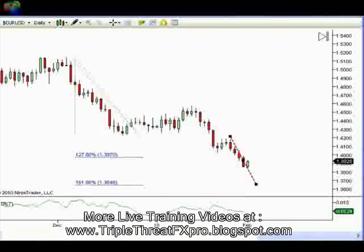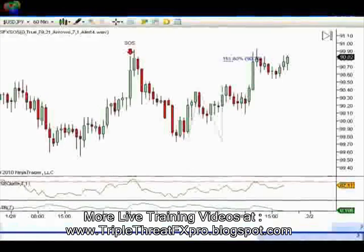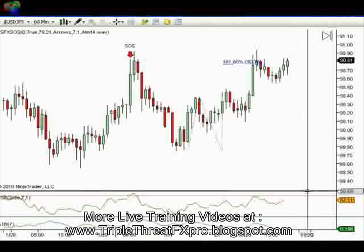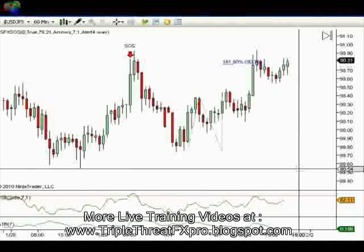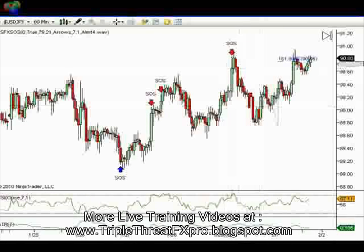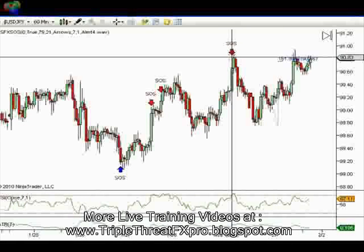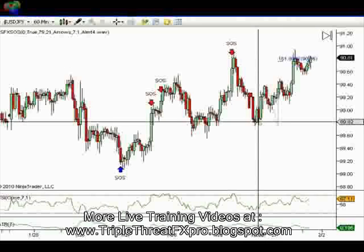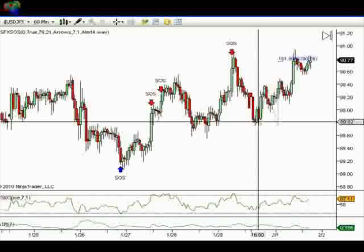All right, now let's continue. Kind of fast-paced here. Always have your pen out when we're walking through these so you can just write down primary stops and targets. I posted this one earlier. Again, the Japanese yen rallying right back into this beautiful SOS4 sell. Look left. Our SOS indicator right here generates the short entry around 90.80s. Beautiful pullback here for 100 pips. We then go